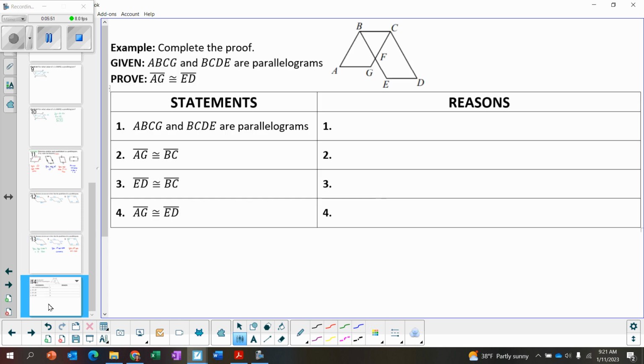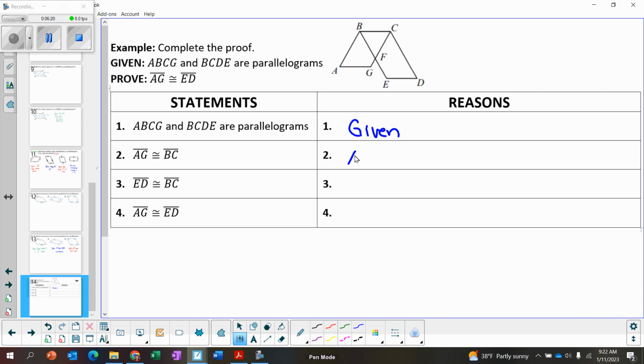So the last thing we have is we're going to complete this proof. We are given that both of these figures are parallelograms. We want to prove that segment AG is congruent to segment ED. So if we already know that they're parallelograms, we don't have to use converses, we can use the actual theorems. So AG and BC are congruent because of opposite sides in parallelogram ABCJ. So that's